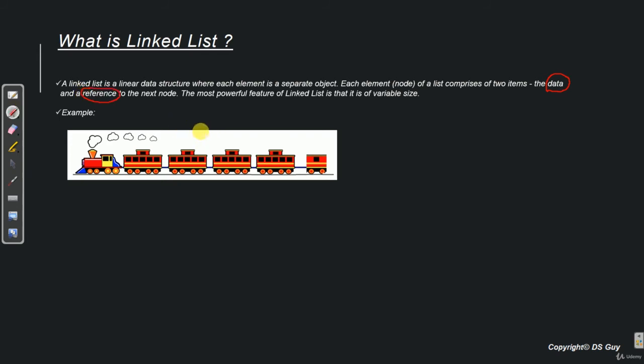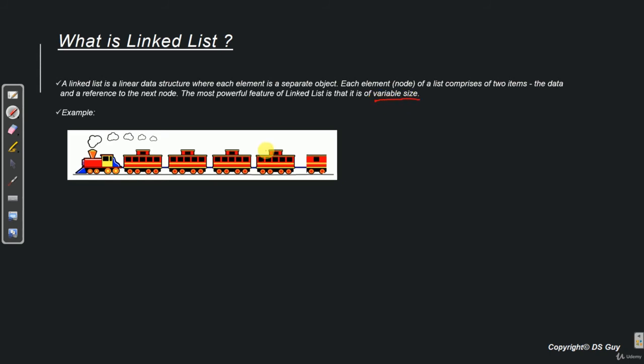In this train, the data is nothing but the passengers sitting in that compartment, and the reference is nothing but the couplers which join two compartments together. And the last thing the definition talks about is that the list is always of variable size.